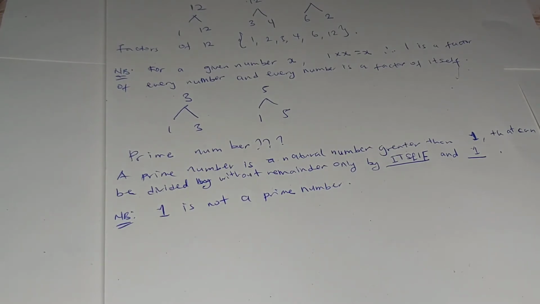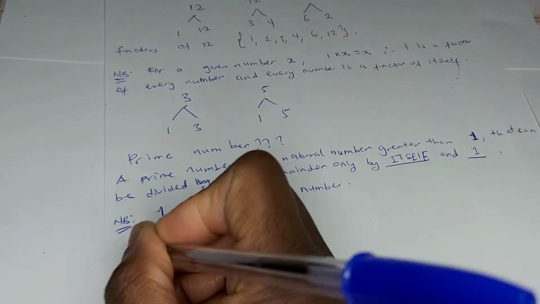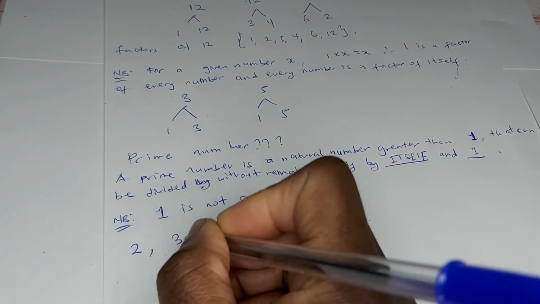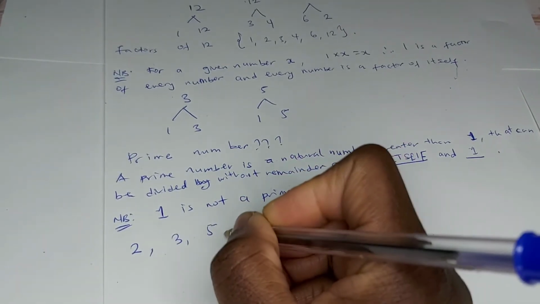Let's say 1 is not counted, because 1 has only 1 factor, just itself. The next number is 2. 2 is a prime number because 2 can be divided by 2 and then 1. So 2 times 1 is 2. We don't have any other two numbers you multiply to get 2. So 2 is a prime number. And then we have 3, 5, 7,